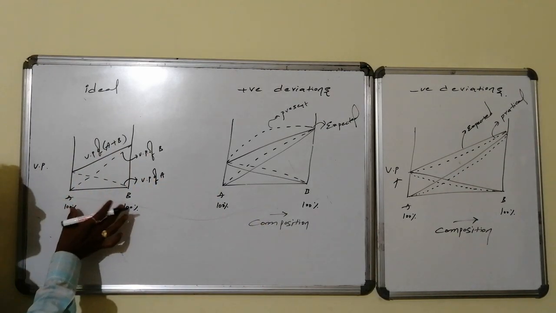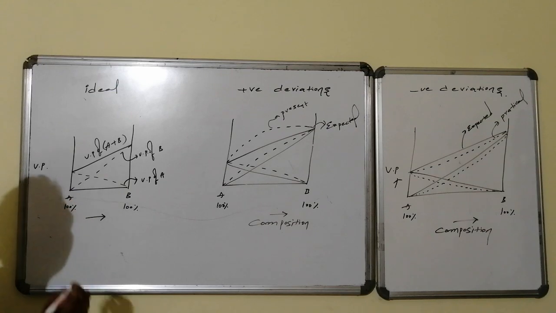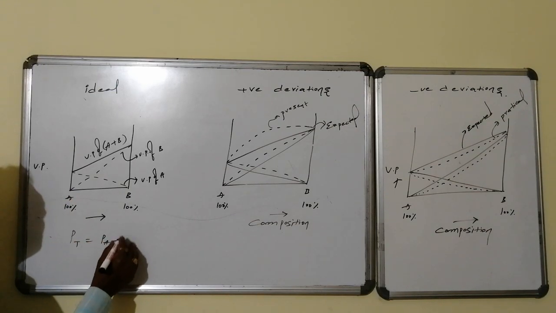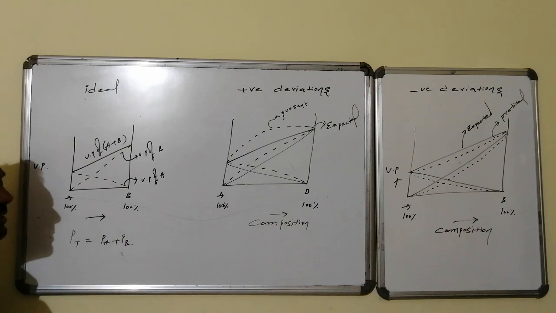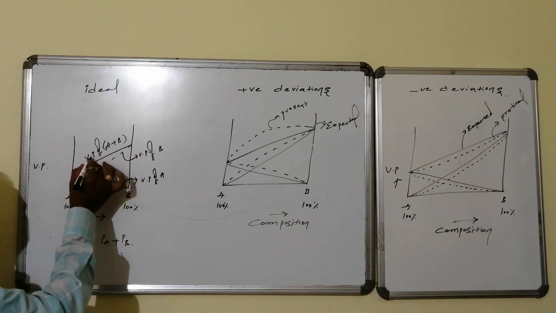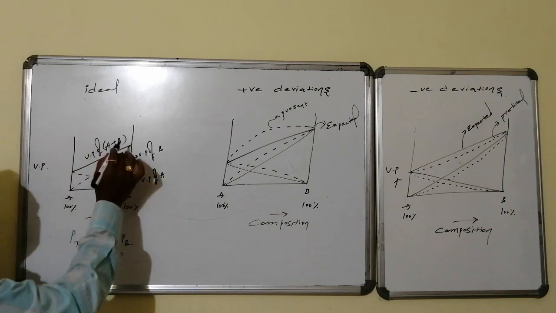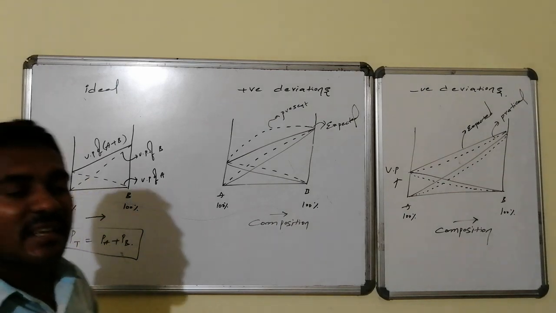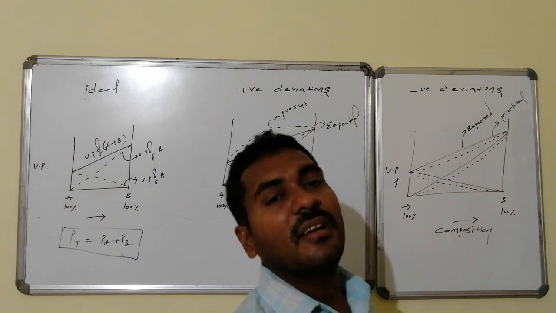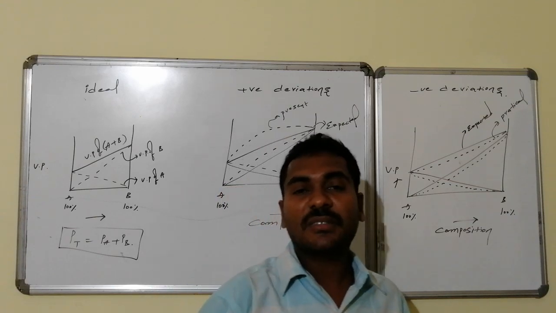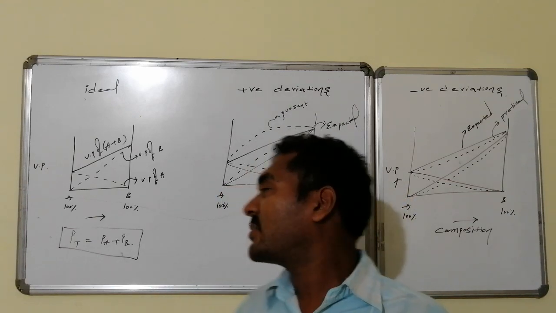When the total A and B combination is there, total vapor pressure will become equal to vapor pressure of A plus vapor pressure of B. So therefore the net vapor pressure will be equal to vapor pressure of A plus vapor pressure of B, and it will maintain that relation nicely without any deviation. Such kinds of solutions are said to be ideal solutions. Whereas the second half of the solutions are non-ideal solutions.